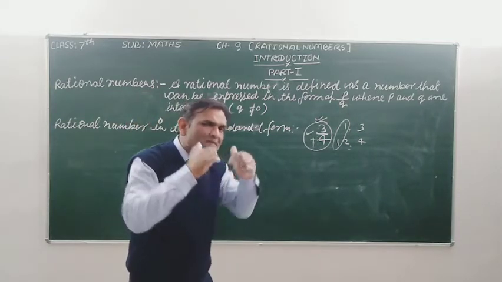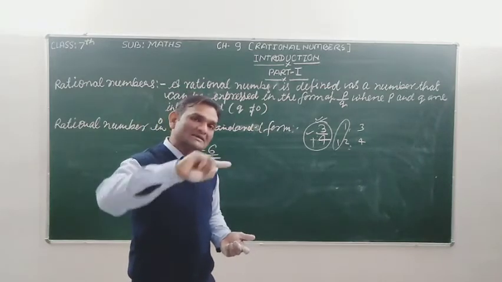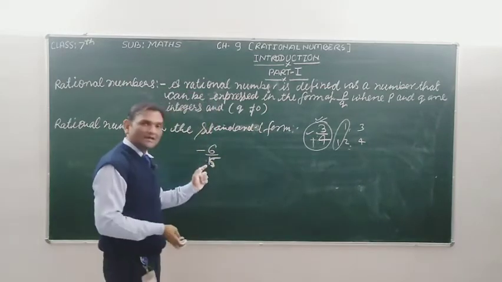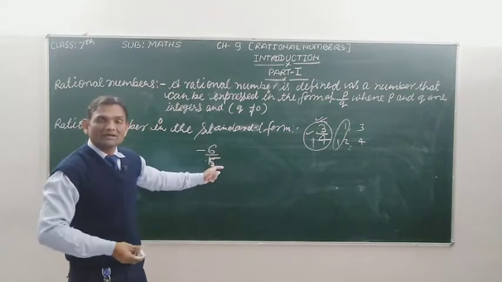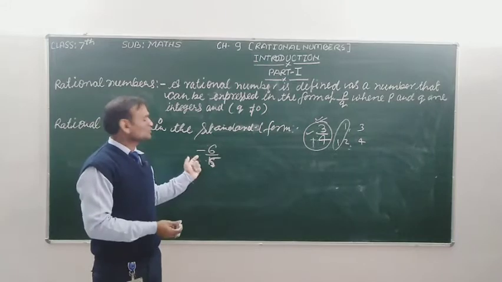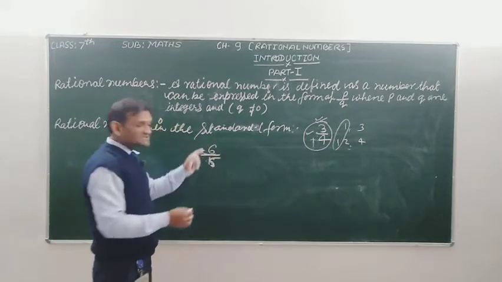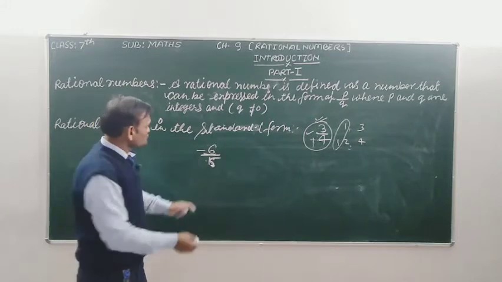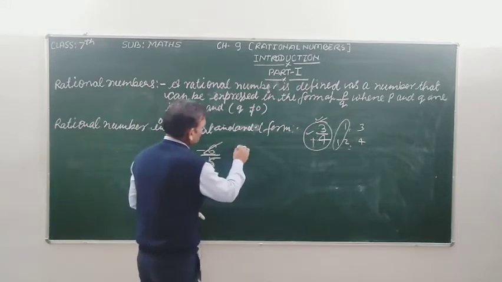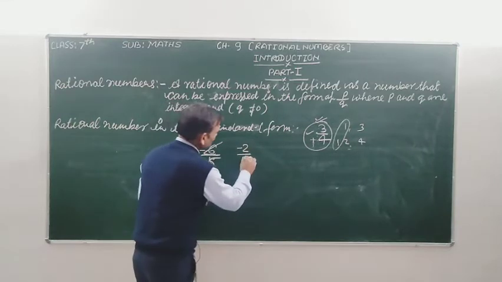मैंने कहा किसी से भी डिवाइड ना हो except 1. 1 के अलावा किसी भी नंबर से अगर डिविजिबल नहीं है तो वो रेशनल नंबर स्टैंडर्ड फॉर्म में है. अगर ऐसा नहीं है तो स्टैंडर्ड फॉर्म में नहीं है. So student, this rational number is divisible by 3. So you can divide: 3 2s are 6, -2 and 3 5s are 15.